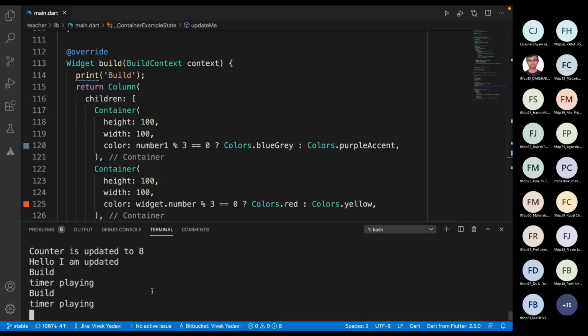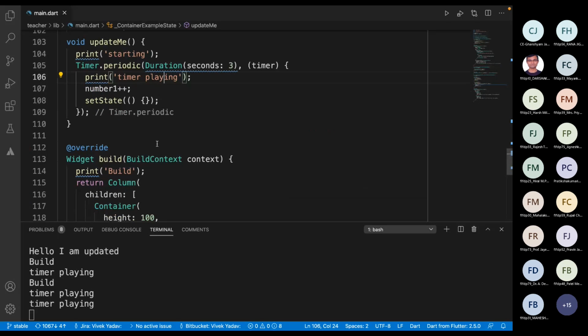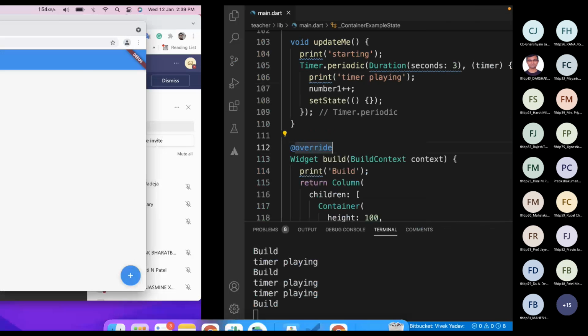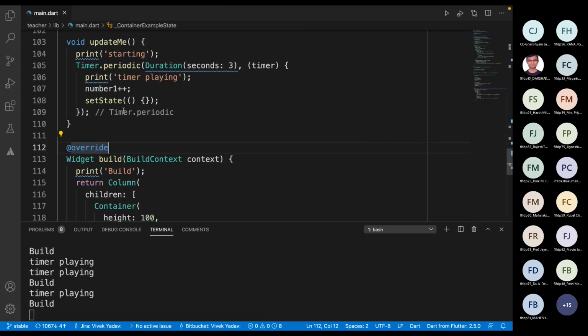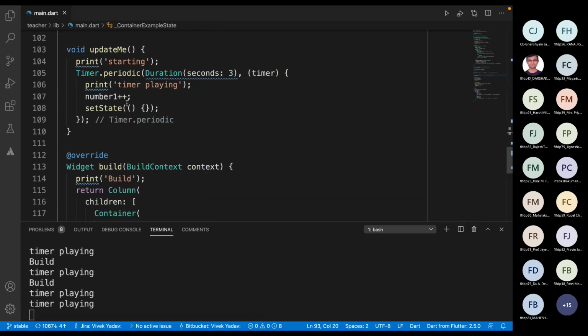So why is it able to change itself? Because it is able to call setState in its own class. In the container examples class, we can see that it has its own setState. That is why after every 3 seconds it is updating itself.